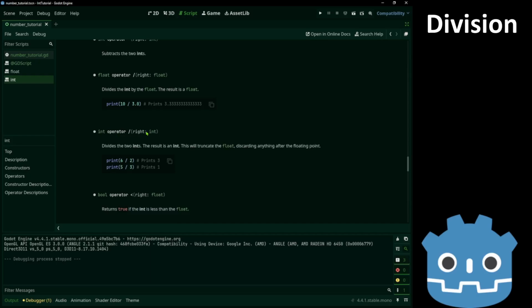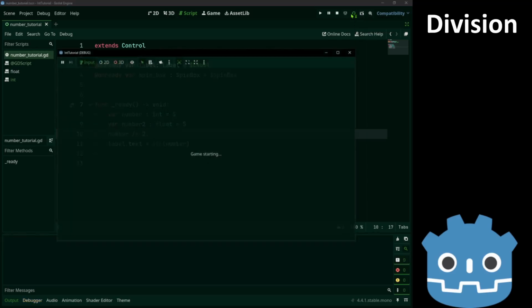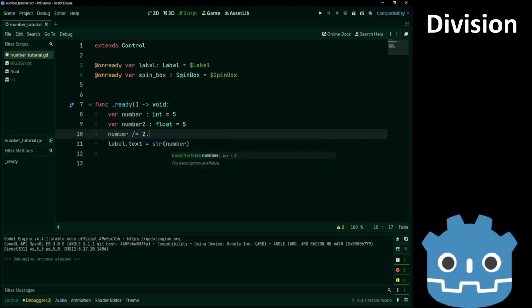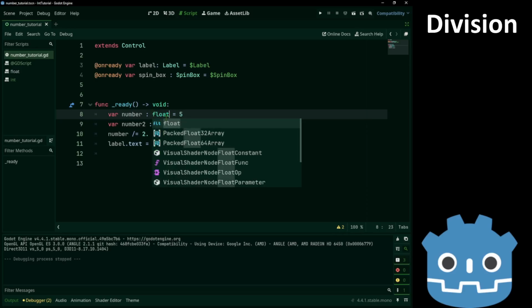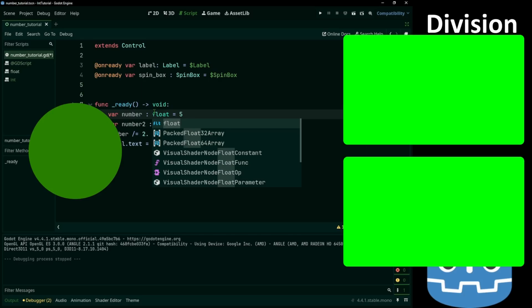First of all, we had an integer division. This will truncate the float. So let's turn 2 to a float. And we still get 2. That's because number is int. We'd have to change it to float to keep the decimal part. That was it for the basics. In the next video we'll see the mod operators. Till next time.